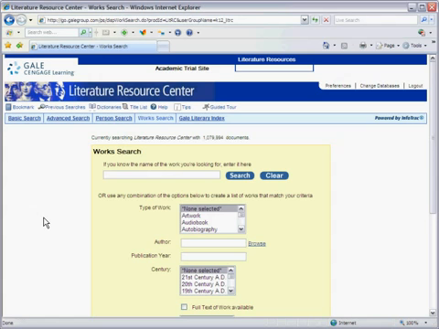You also have the option to include an author. If you know the name of your author, simply type it in that box or use the browse option on the right. You also have the option to include a publication year. Again, if you know your publication year, put it into that box, or you can put in a range as well. You also have the option to include a century. You can include multiple centuries by using your control button. And again, this goes back to the 20th century BC.